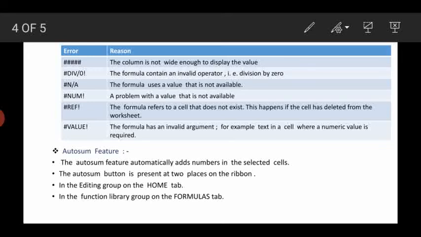You can also use it to find the average, maximum, minimum, etc. for a range of cells. The AutoSum button is present at two places on the ribbon. Remember this, where AutoSum options are available. First one is in the editing group on the Home tab, and second one is in the function library group on the Formulas tab.